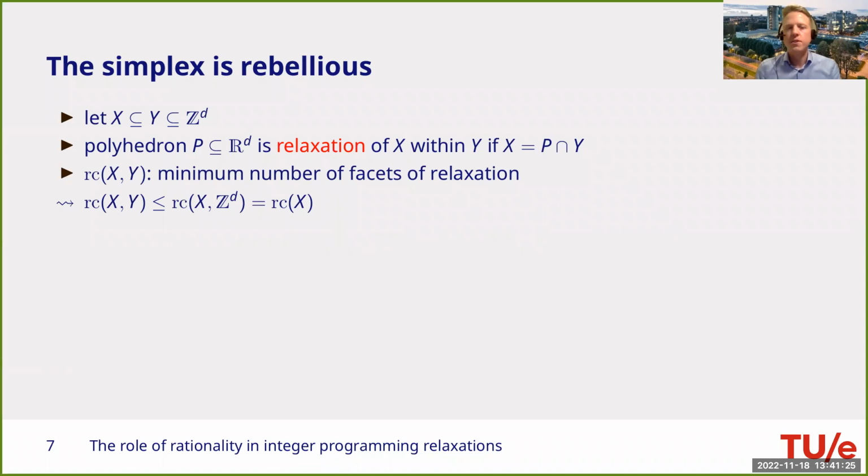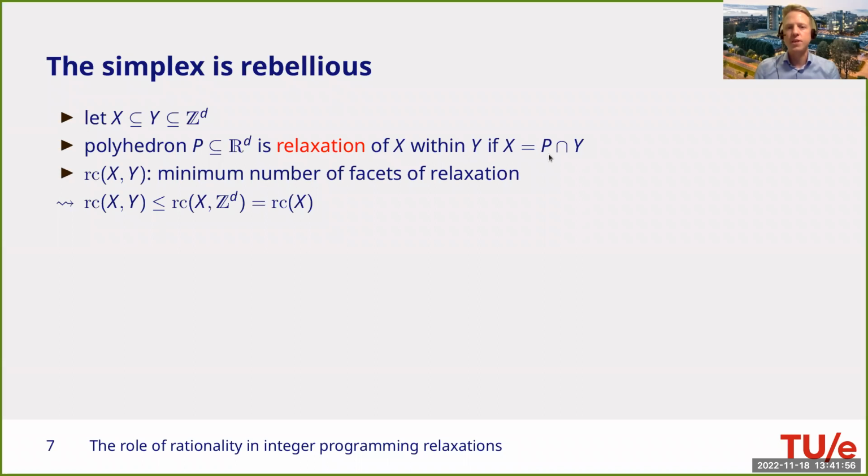So to show that the relaxation complexity and the rational relaxation complexity are actually the same, let's try to come up with some tight lower bounds. And how can we come up with lower bounds? We consider a sequence of lower bounds on the relaxation complexity, which are based on the following idea. We start with a set of integer points X and a superset of this integer point set X that we call Y. And then we are interested in finding relaxations of X with respect to this point set Y,